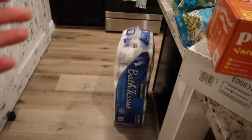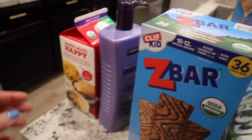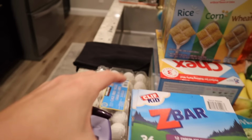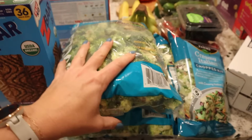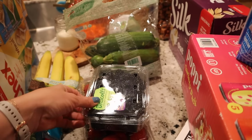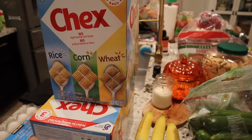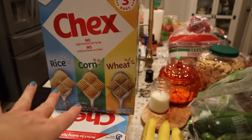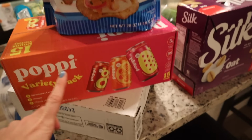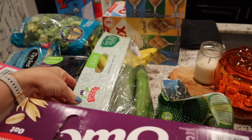So starting over here, we got some toilet paper. I couldn't organize it. It just is everywhere. I got half and half, some shampoo, some eggs, Kids Z-bars, 2 things of broccoli, creamy Italian chopped salad kit, bananas, organic blueberries, strawberries, 2 things of Chex Mix. I like to do some baking and stuff with this, and it was on sale. I got some organic pretzel crisps, some Poppy, some organic milk, got some oat milk, got the organic squash, bag